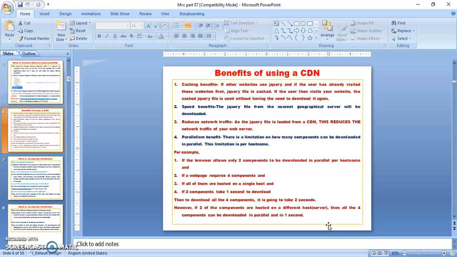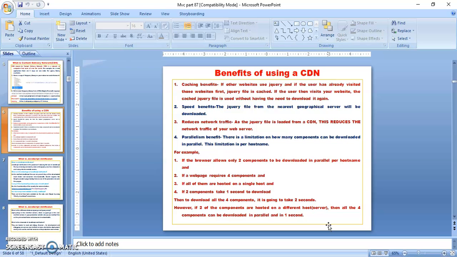When the CNN website runs, it already has the CDN jQuery downloaded, saved in the cache. So you get the same caching benefit when you open that website, because you don't have to download that file again.